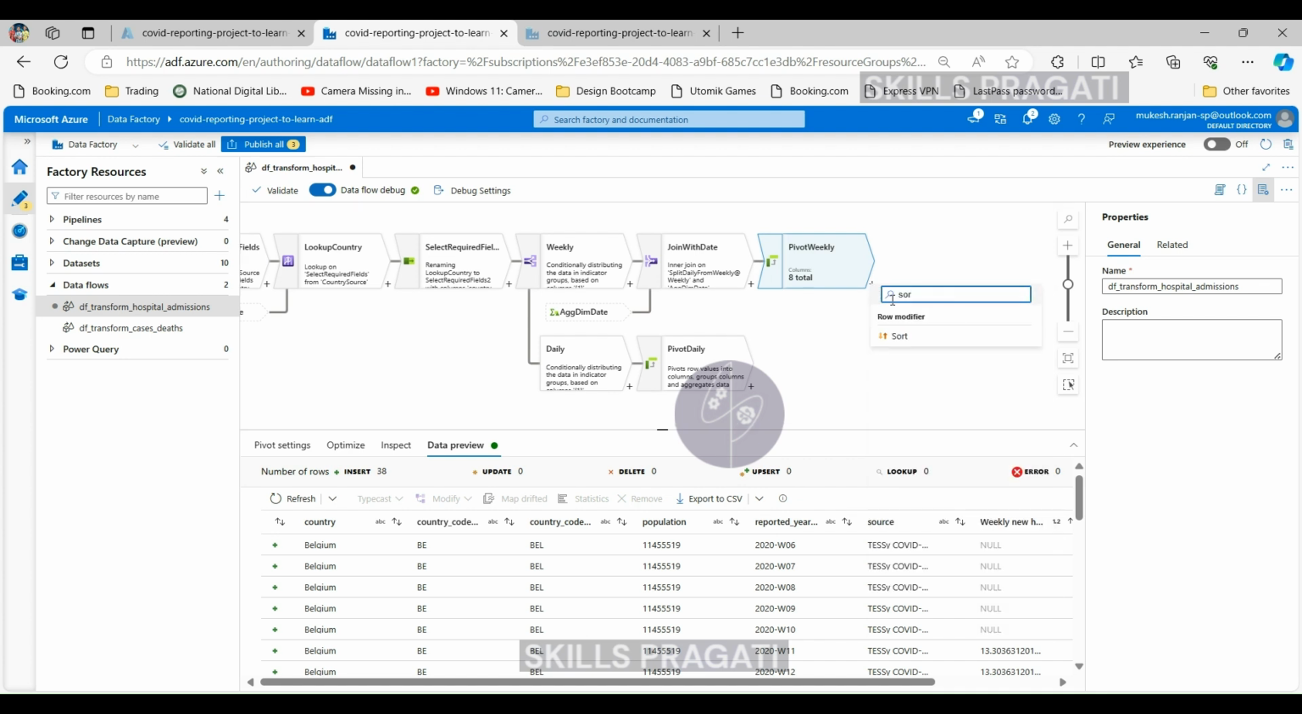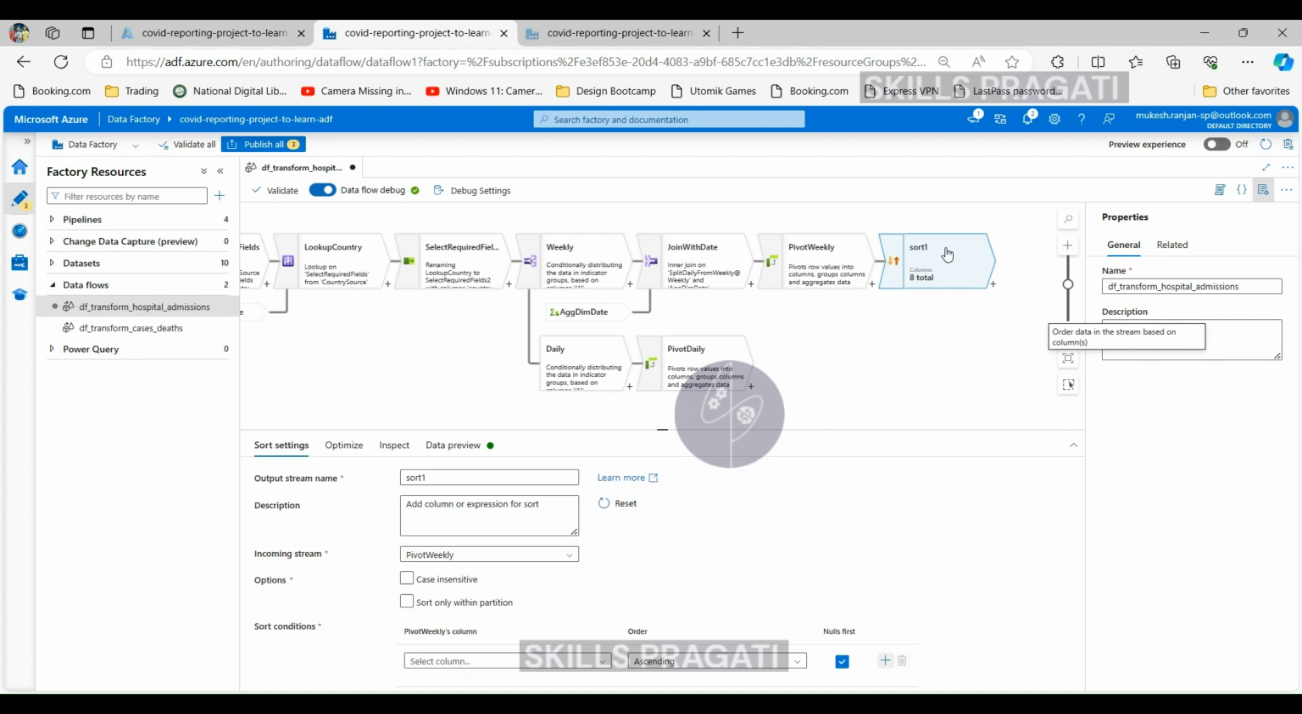So you just have to click there and then select sort, and I'm going to call this one sort weekly because it's our weekly data. Our incoming stream is pivot weekly, and you've got a couple of options you can specify. So the first one is case insensitive. Say if you take that, it'll be case insensitive, or if you don't, then it's case sensitive. In our case, actually can be case sensitive, so let's leave it like that,